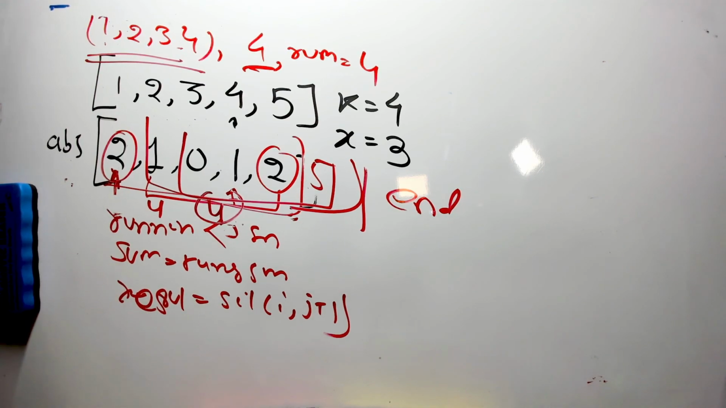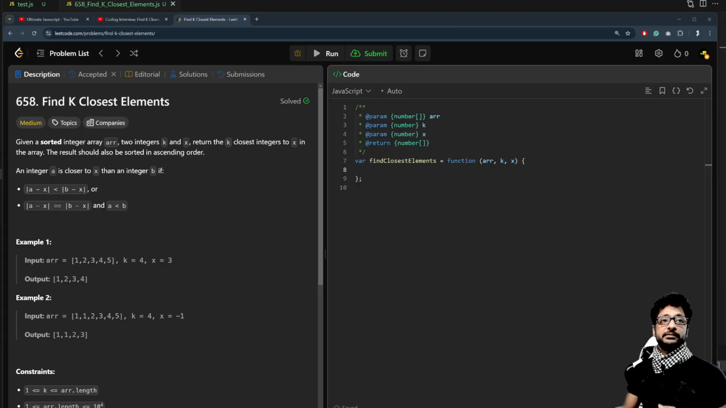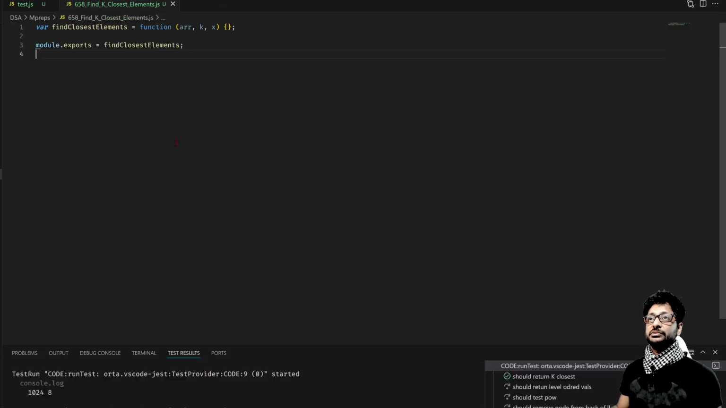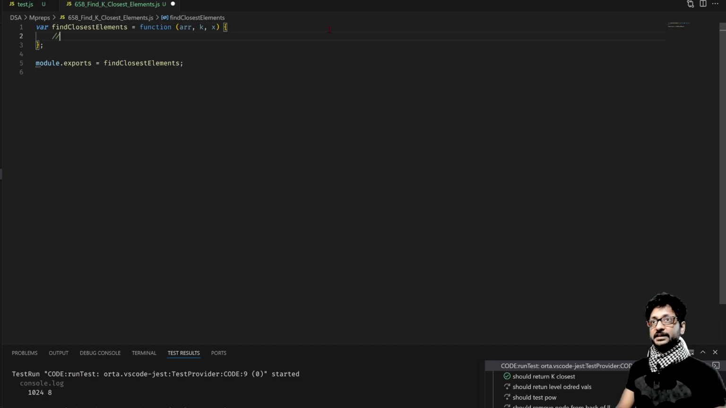So this solution is kind of easy to understand and implement. So I'll be implementing this one. So let's go to our VS Code, and I have created a function and I have written the test cases as well. And now, first thing first, step 1, create your